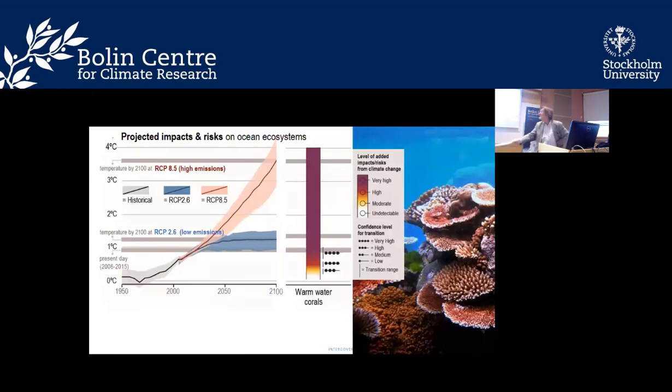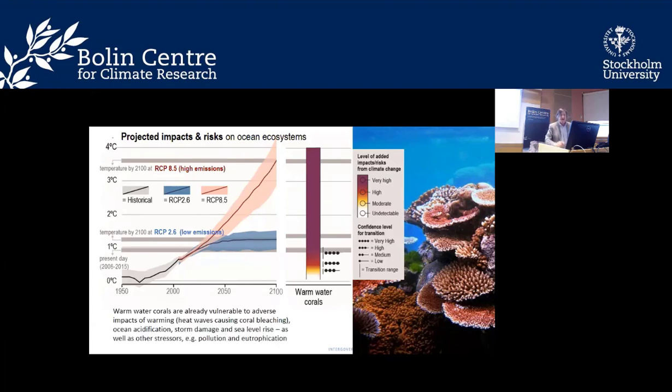And if you didn't get the idea, the level at the top here is if we have the high emissions, those are the temperatures up there. If you have the low emissions, you can keep in this range. But for warm water corals, they are already in trouble. And that's shown by the shading there: the dark reds and the purples mean they are already being greatly affected. I'm sure you all know this because it's been in the news the last 2 or 3 years, that warm water corals are already in big trouble, with coral bleaching events,